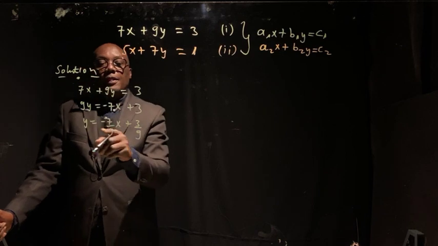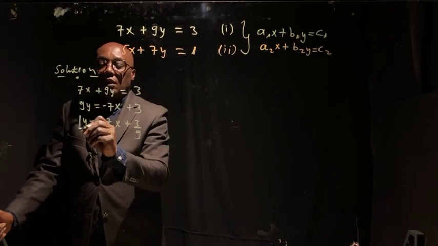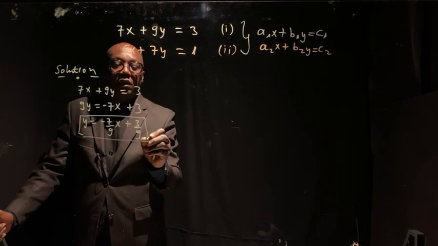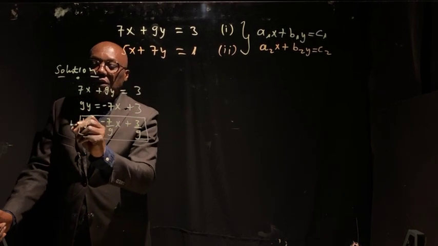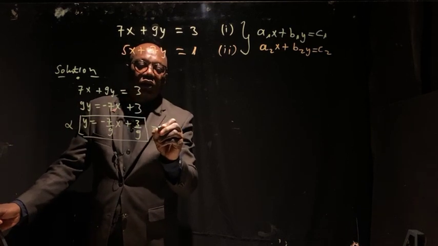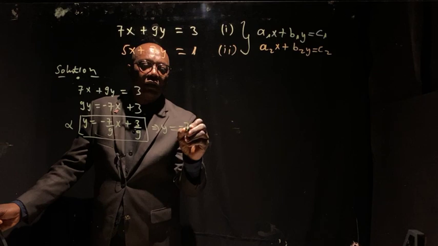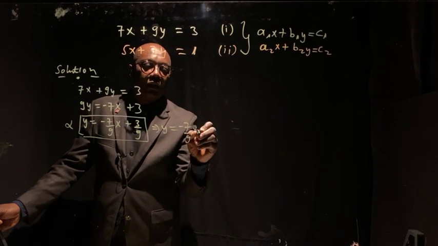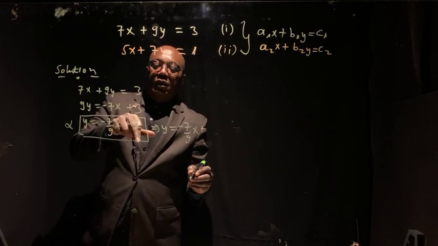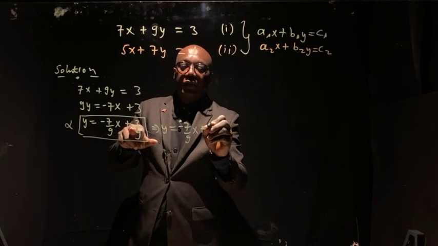Yes, this is the equation of a line. I take it in this form and I call it equation alpha. But remember, the same equation alpha is y equal minus 7 over 9x plus 3 over 9, and 3 over 9 is equal to 1/3,